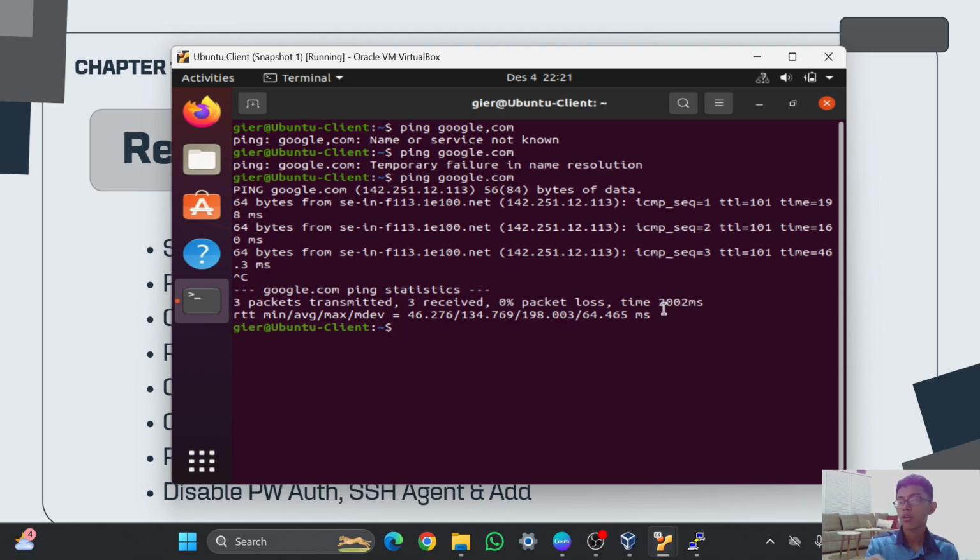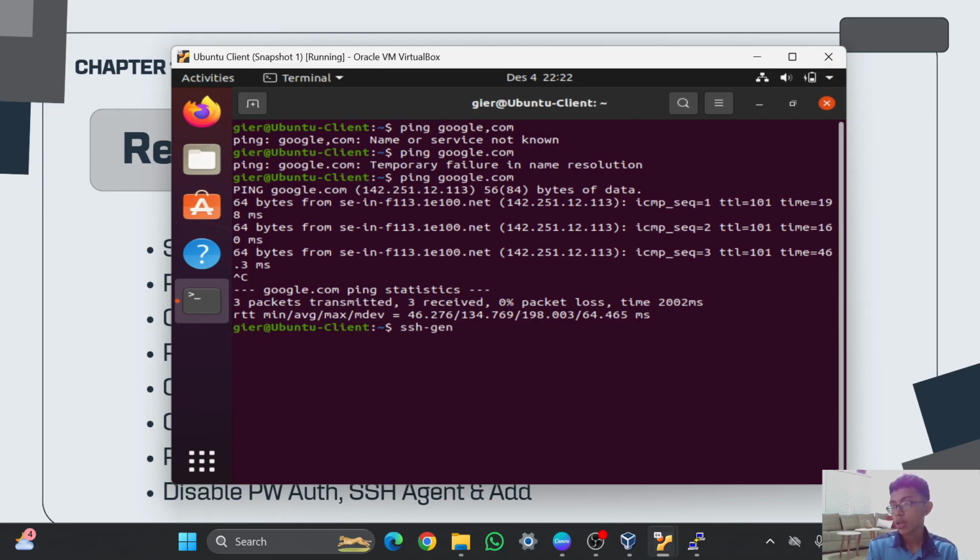So to use it, oh yeah, I forgot. I have two goals here. The first one is making the private and public key on the client side, and later I will share the public key to the server, and I will test the remote access via the host OS using the public key. Here, I will make the private and public key using SSH, and then after that we can just press enter.